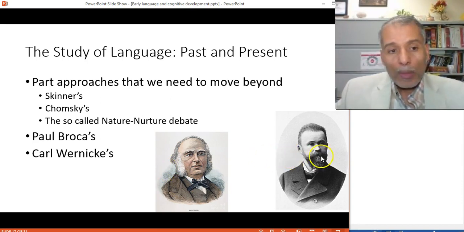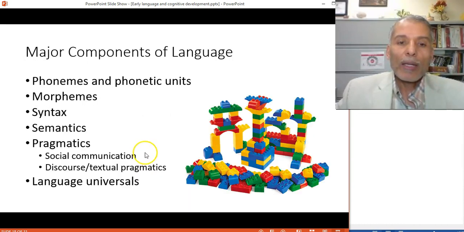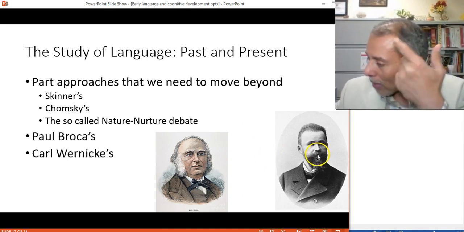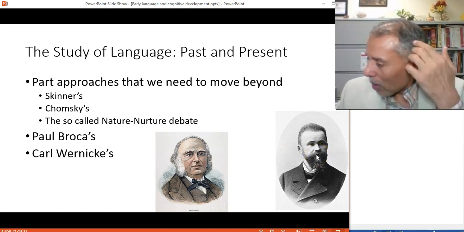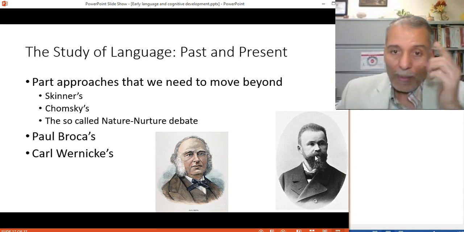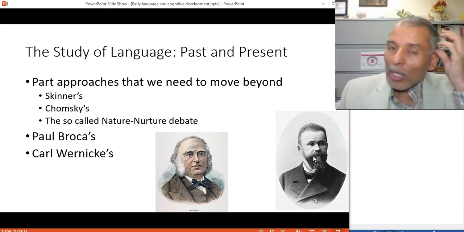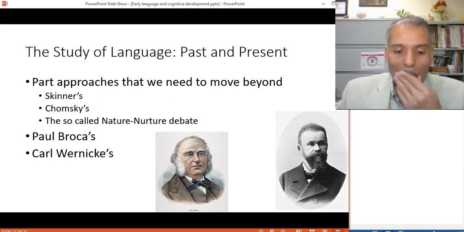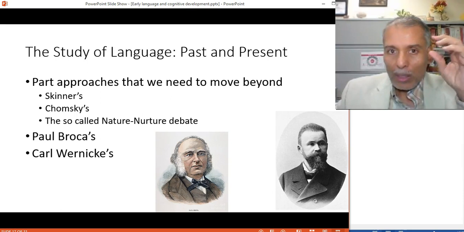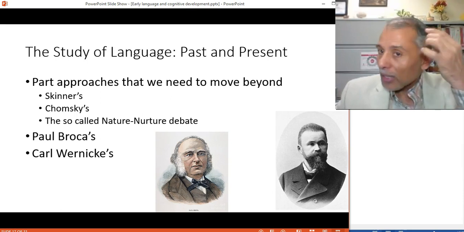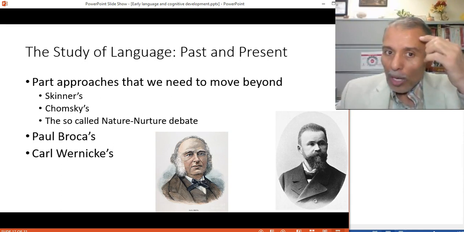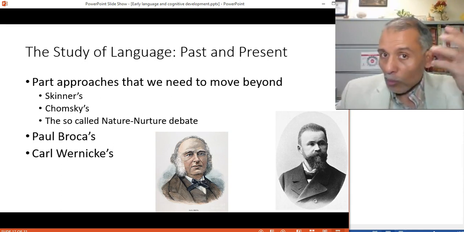Then Carl Wernicke came, and he was 27 years old, I think, and he discovered another area that is also known as Wernicke's area. So that area is about here, also on the left side of the brain. And he said this area is dedicated to language comprehension. And yes, indeed, today we know it helps you recognize speech and connect sounds into words, and it works with other areas to connect meaning in the concept with the sounds.